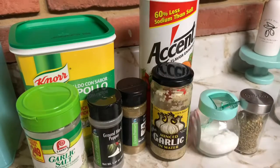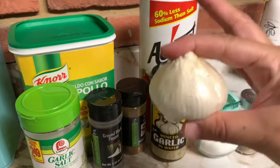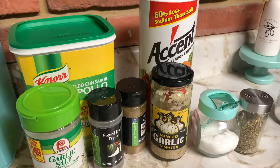If I only have one, I need to buy more, but right now I have a lot. My husband bought me the Costco bag. It's a really big bag, and it comes with a lot of them. So I have that. And then I'm gonna show you guys my other fresh,